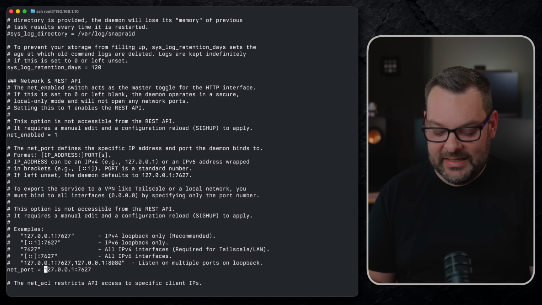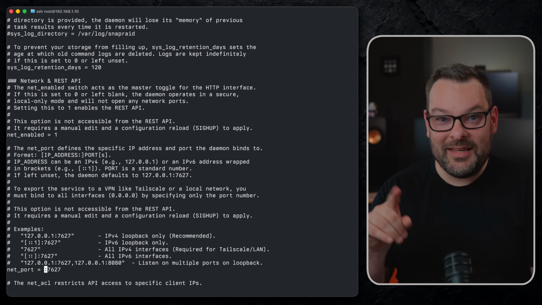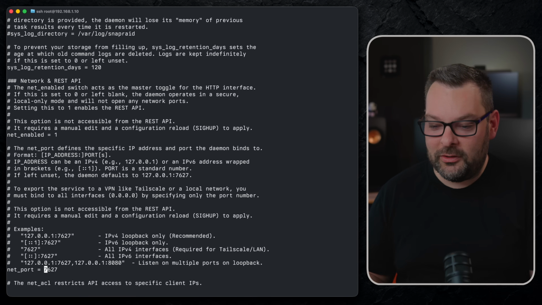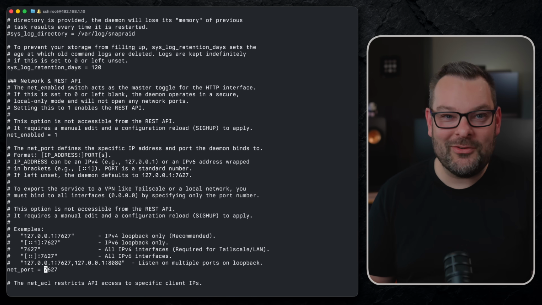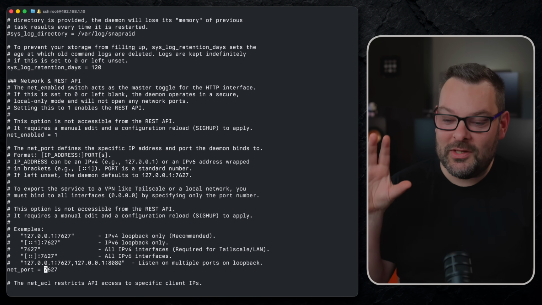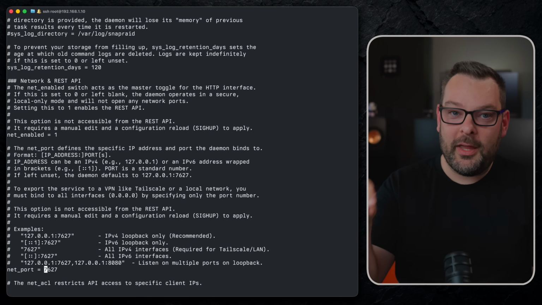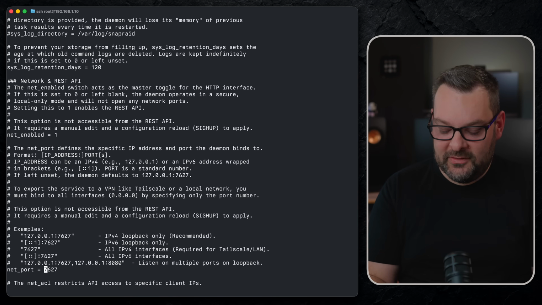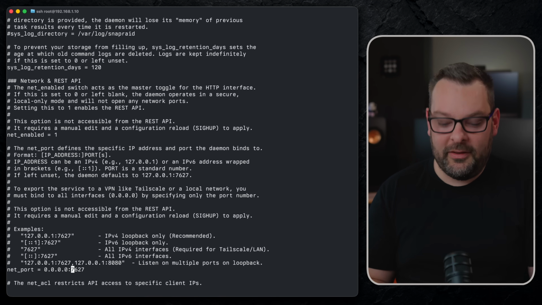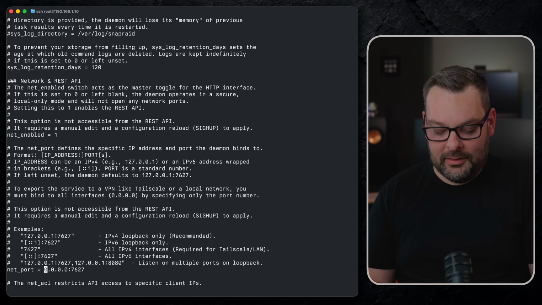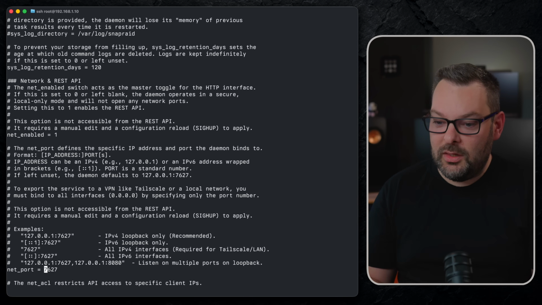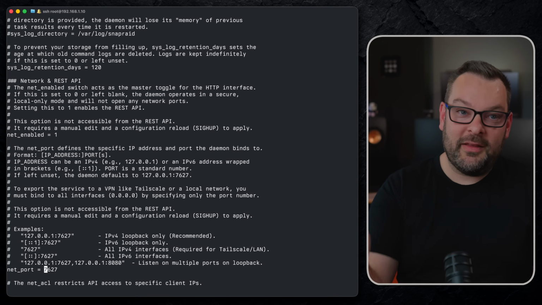So let's do a dt: delete till colon. I suppose I could have done dt7 to save myself a keystroke. And this will put the SnapRAID web UI on, basically it's doing 0.0.0.0 like this, but it's just a shorthand way of writing it. So we basically just want it to look like this, net port